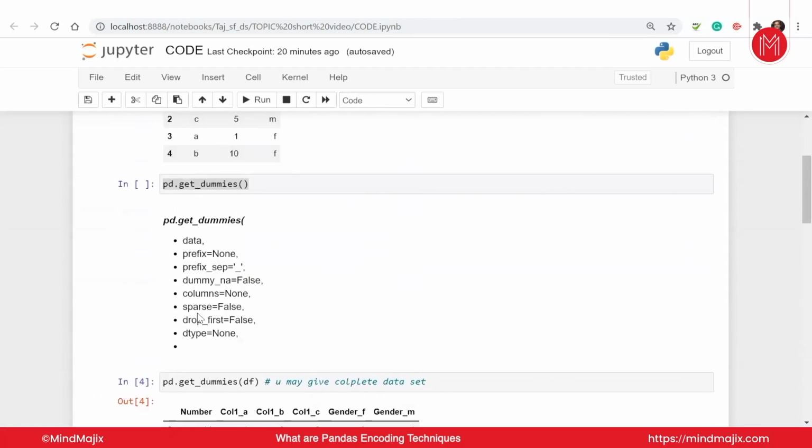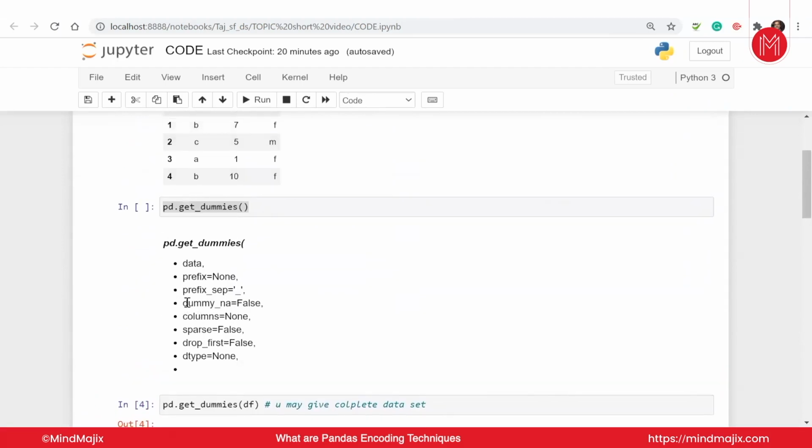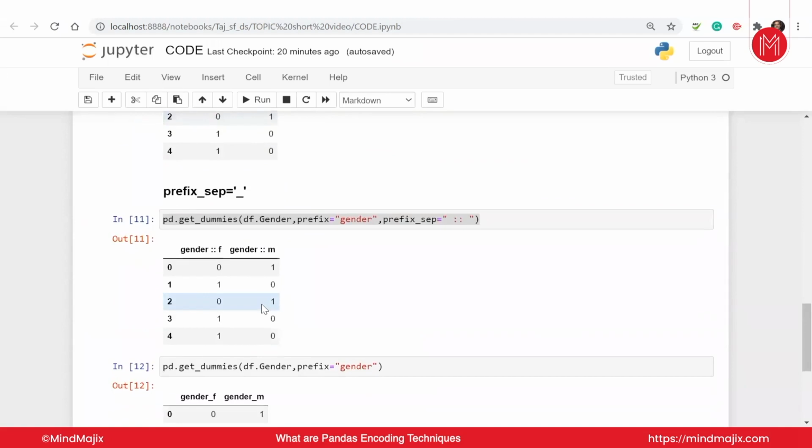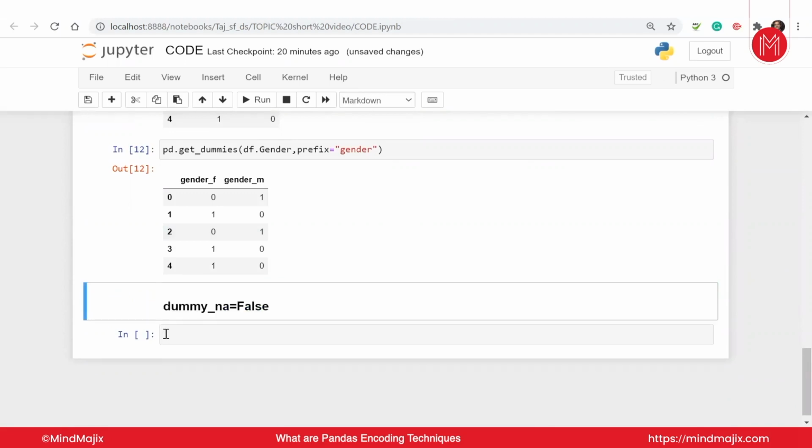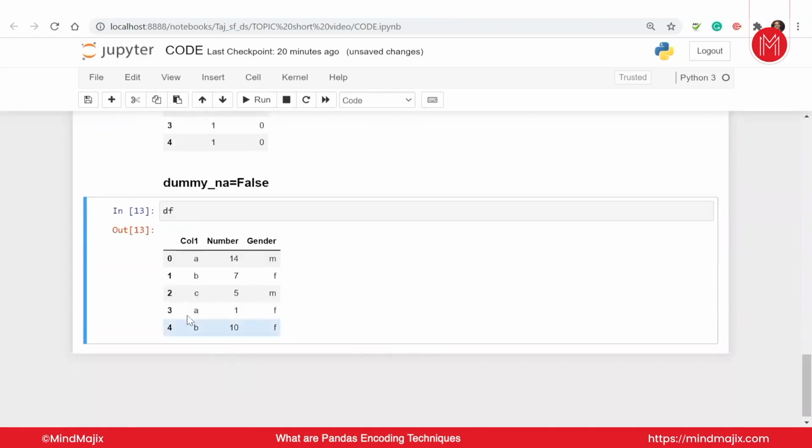Now next is dummy_na. So guys, again, if you want to use this, you first need to have this dummy data. So what I will do, guys, I have this. Let me paste it. Let me make it a markdown cell, make it a heading, and just run it. So when we have this dummy data, what do I have to do? I have to add some dummy column in here. What I will do, I will just create a, say, iloc. I'm giving the index here.